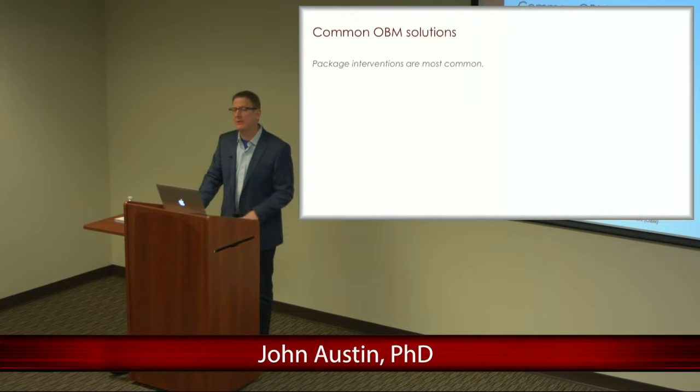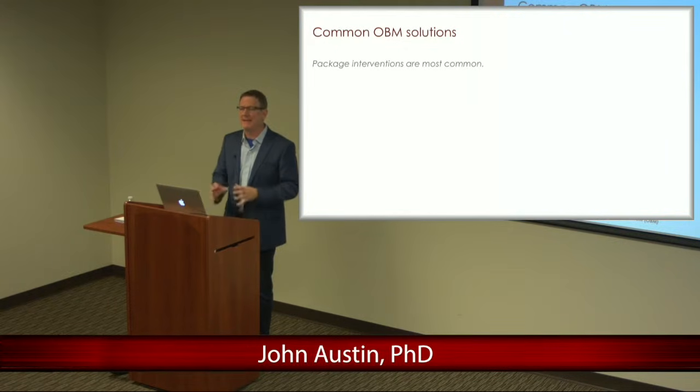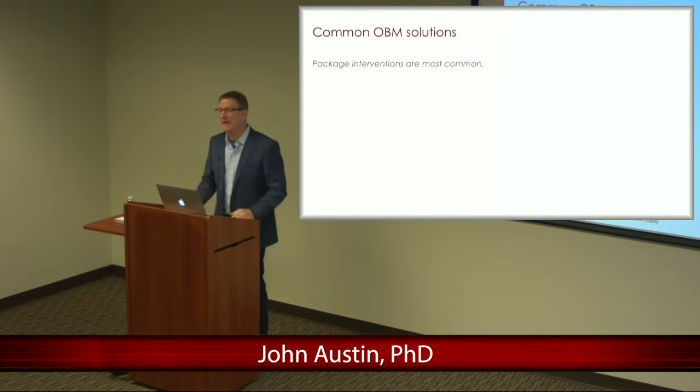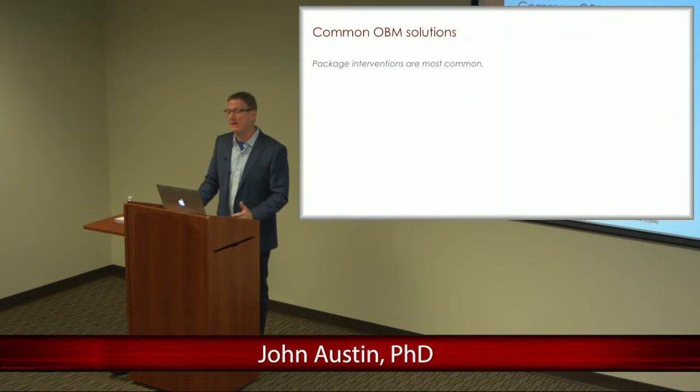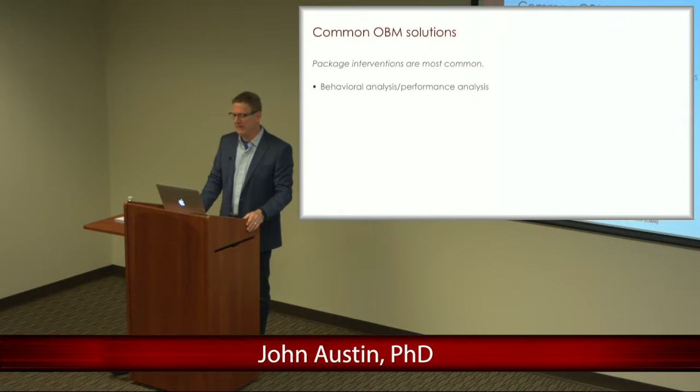So the primary solutions that are used in OBM in the science, almost the vast majority of the scientific studies involve package interventions, which means putting a bunch of things together. Might be feedback, reinforcement, and task clarification, or expectation setting, or something like that. So you put a bunch of things together to solve the problem, and typically the effects are quite large. They're so large that mostly we don't use statistical analysis, we just use visual analysis. It's: here's productivity, and then we did feedback and reinforcement, and it went like that, right? And it's really obvious, everybody's happy, there's an immense behavior change,